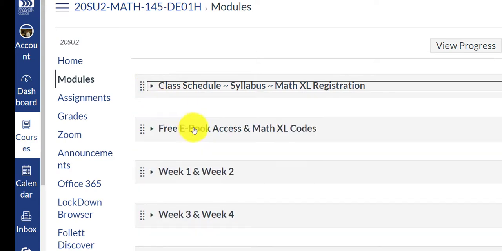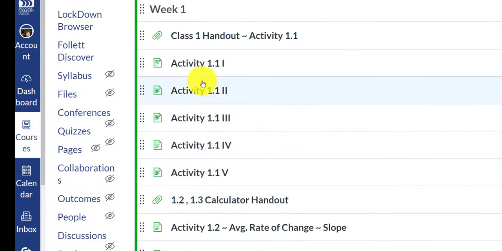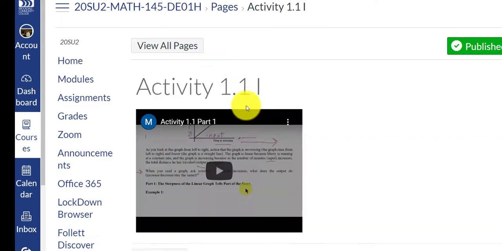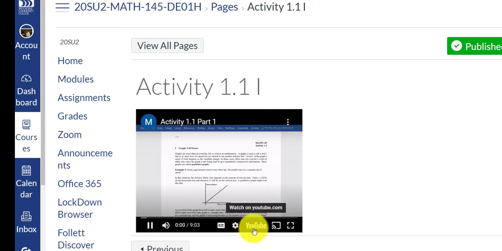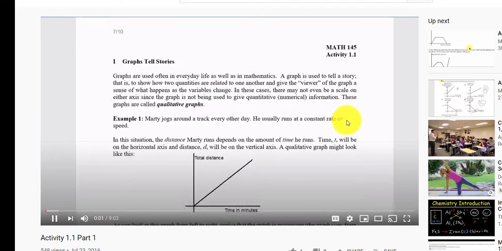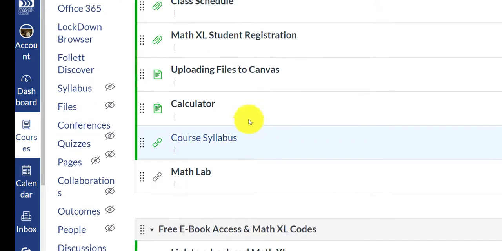Okay, so under the week folder, weeks 1 and 2, you'll see anything that says activity with a number next to it is a video. So if I click on activity 1.1, here's a video. I would suggest starting the video and then clicking the YouTube button to make it come out in full screen. So you would watch these videos for 1-1,